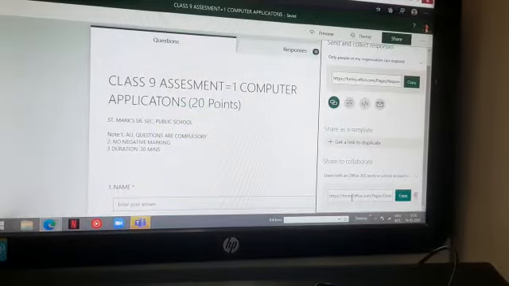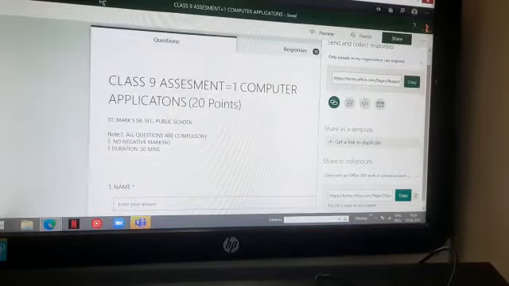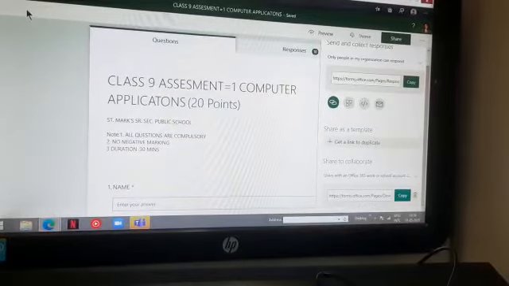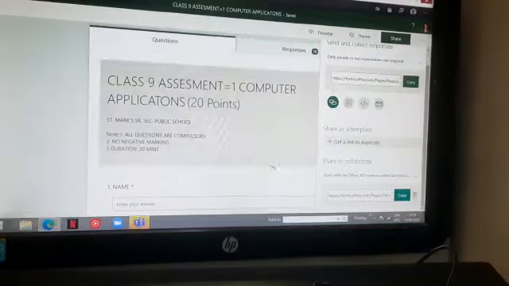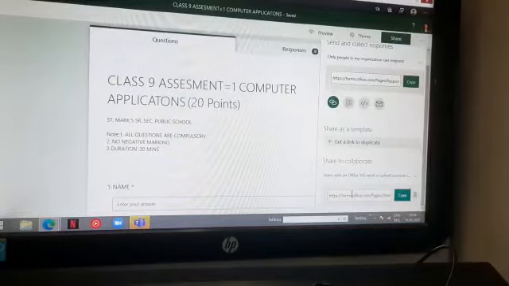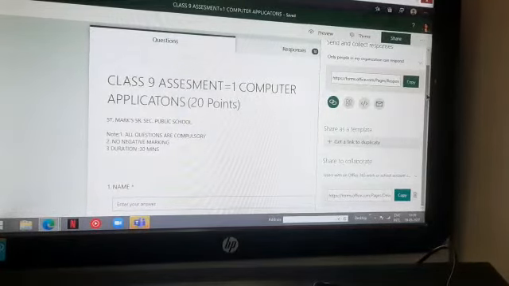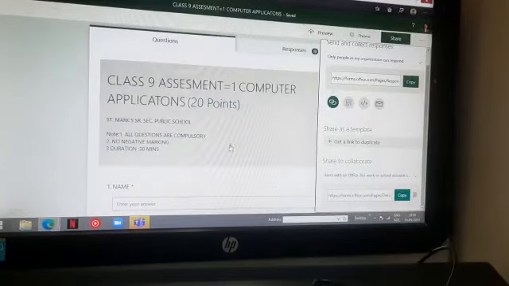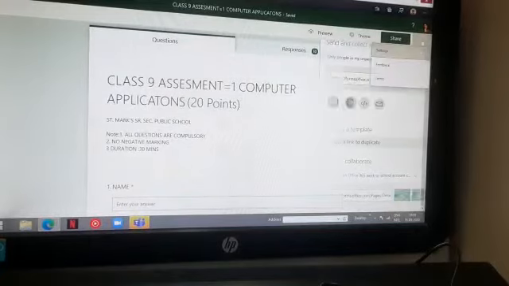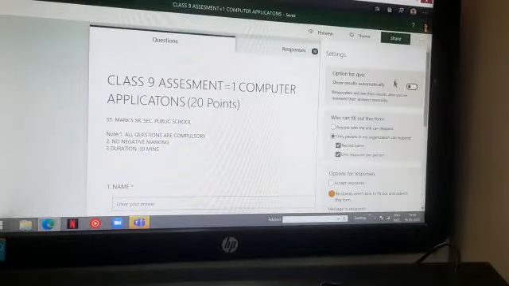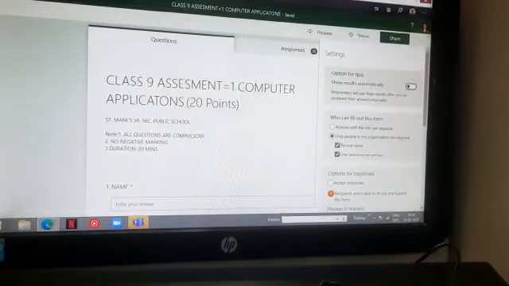So what you have to do as an invigilator, this link you will click wherever it is, in the WhatsApp or in the chat, wherever you have kept. As soon as you click on this link, you will get the original form and you will become the owner of the form. Now when you get this, you have to just check in the settings that all these settings have been done.